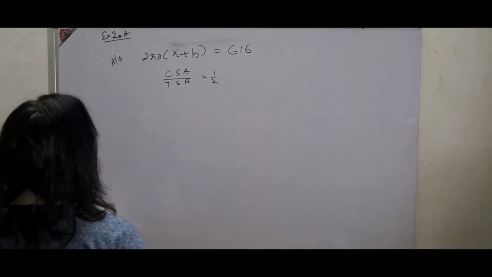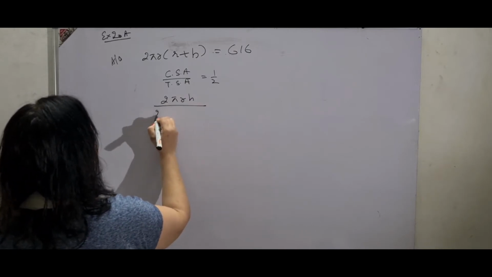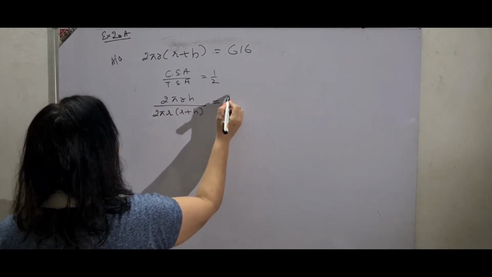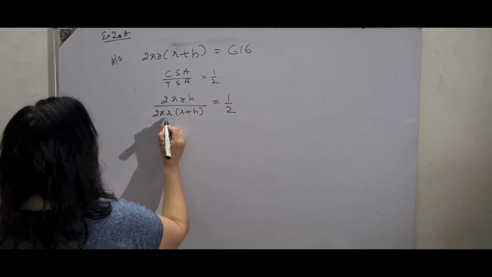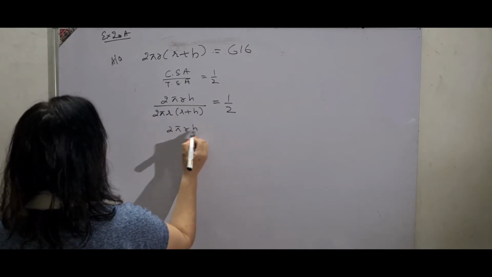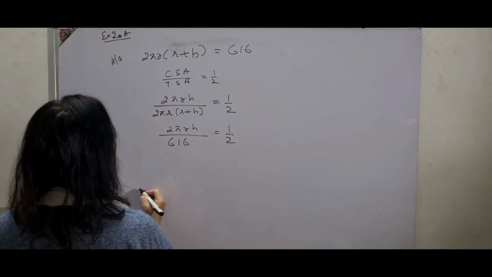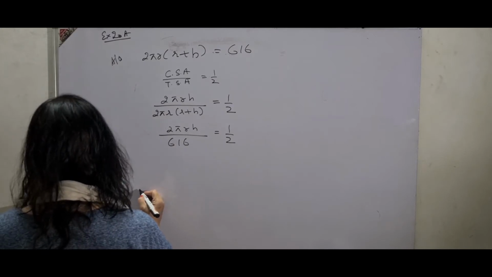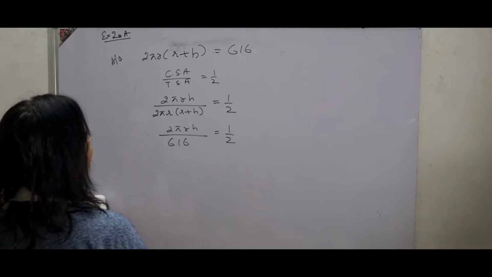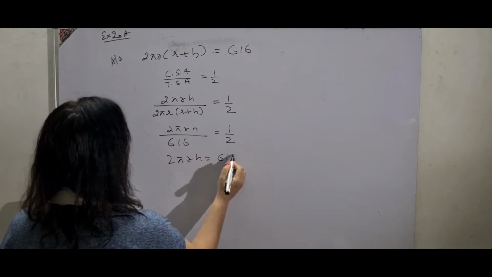So see, children, it's very simple. 2 pi r h over 2 pi r (r plus h) is equal to 1/2, and you have the value of 2 pi r (r plus h), because the total surface area has been given to you, 616, is equal to 1/2. From here you will find the volume of the cylinder. First you find 2 pi r h is equal to 616 upon 2,